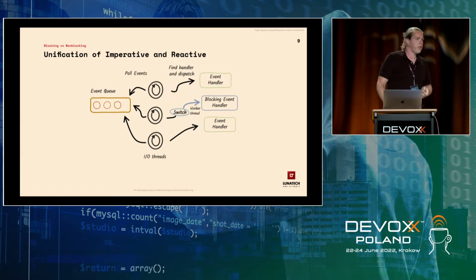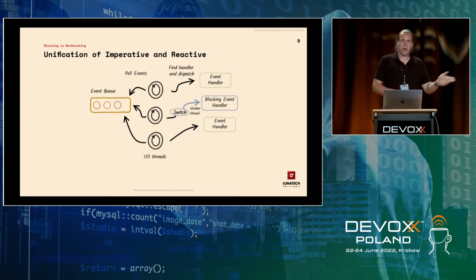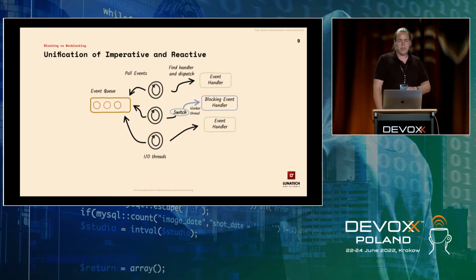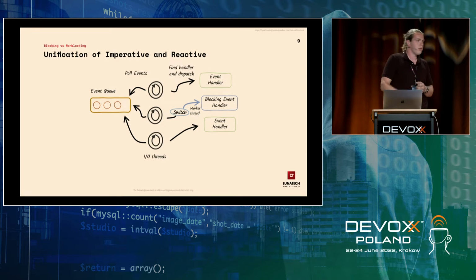In the Quarkus world, it's really easy to combine all this. Imagine you have some endpoints that just do blocking code. You want to transform some new endpoints that do some more reactive code. That can all happen at the same time. There is an event queue there, and the I/O threads listen to those events, and if they need to do some work, they do the work.